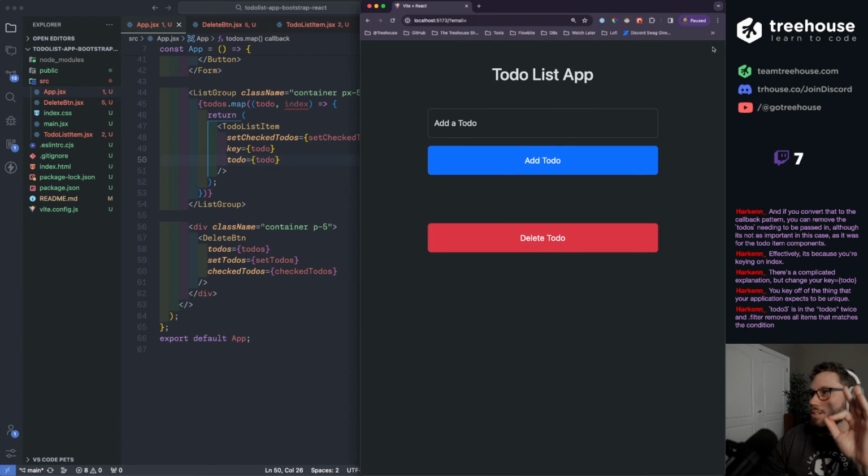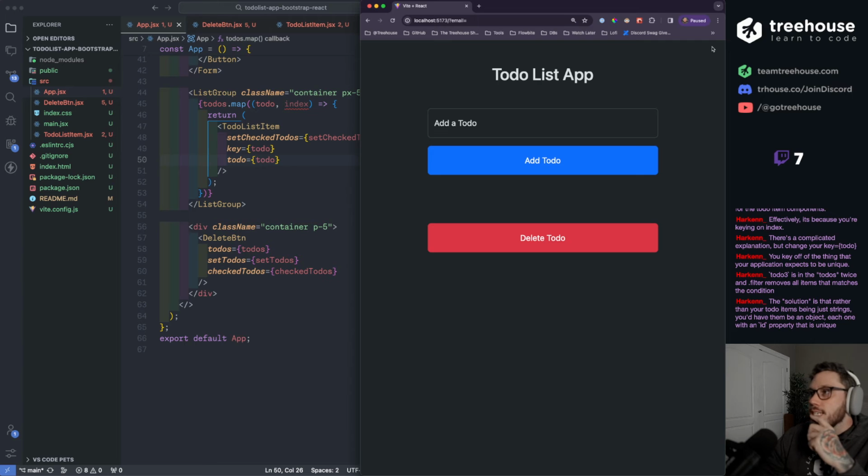It's a little buggy though. To-do 3 is in the to-dos twice, and dot filter removes all items that match the condition. The solution is that rather than your to-do items being just strings, you'd have them be an object, each one with an ID property that is unique, which is closer to how this would work in the real world.